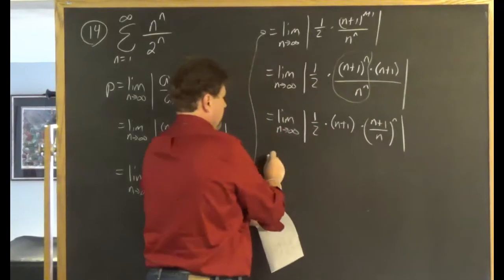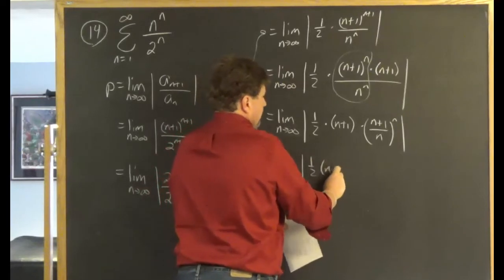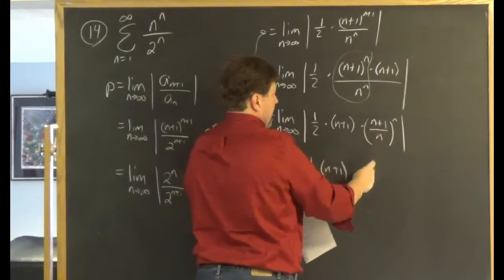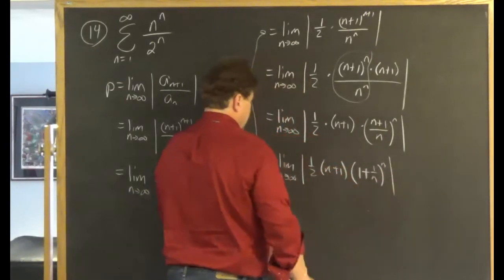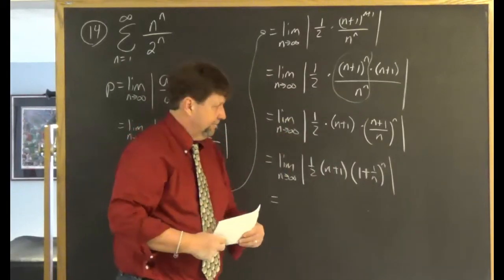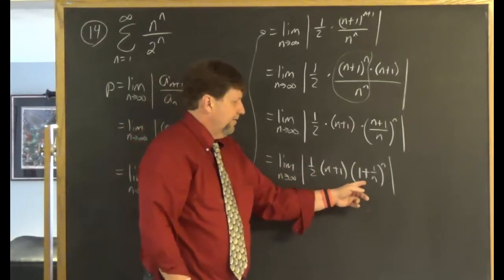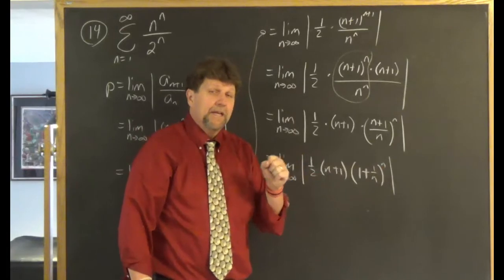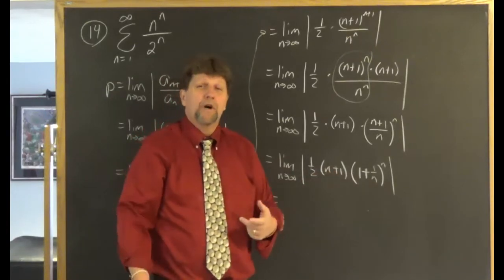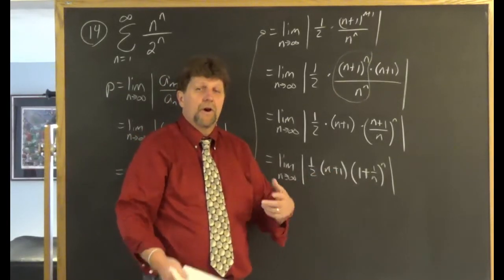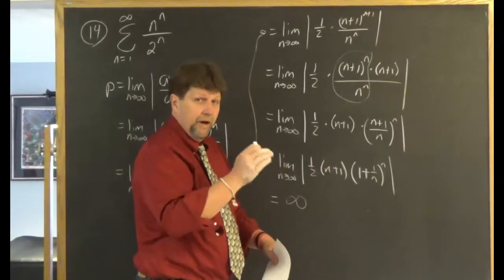The n plus 1 over n, I can write that as 1 plus 1 over n to the nth power. So let's see, the limit as n goes to infinity. Well, the limit as n goes to infinity of 1/2 is 1/2. The limit as n goes to infinity of 1 plus 1 over n to the n, we know that limit is e, so we have a 1/2 times e, but the limit as n goes to infinity of n plus 1, that is infinity. So a 1/2 times e times infinity, this limit is infinity, which we know is most